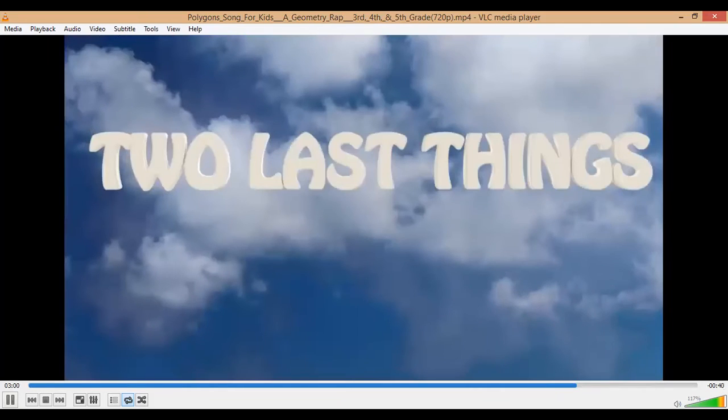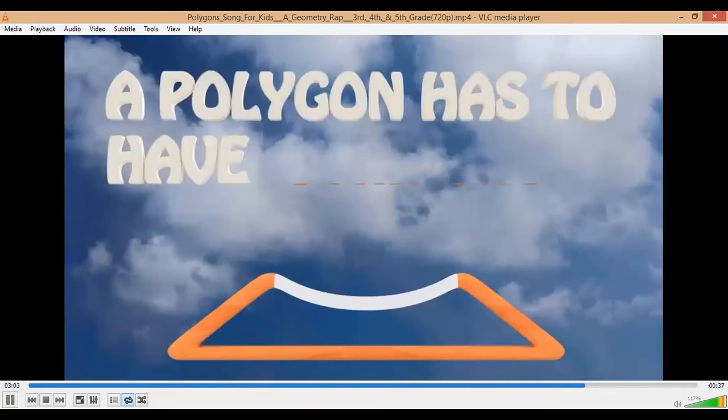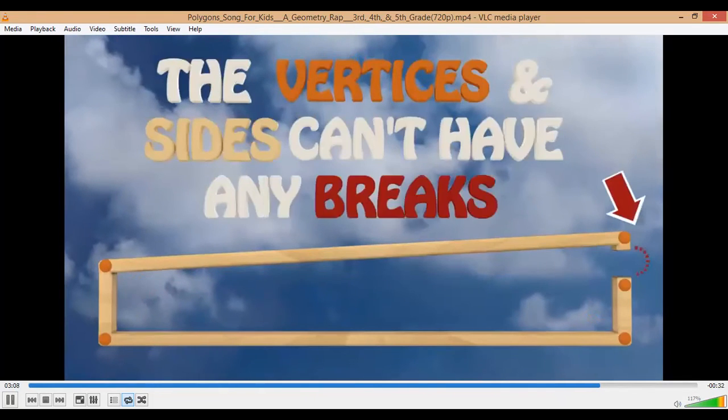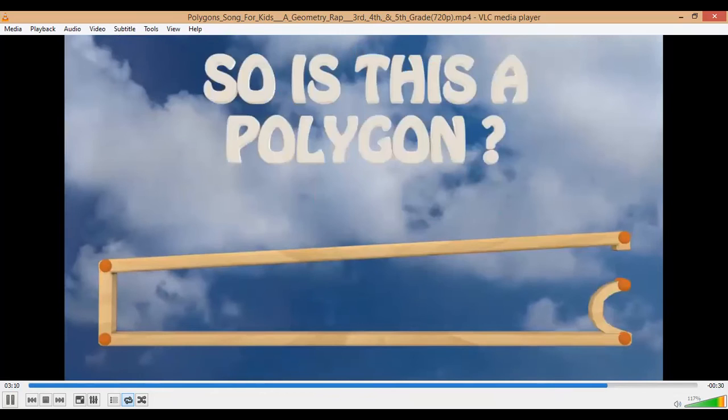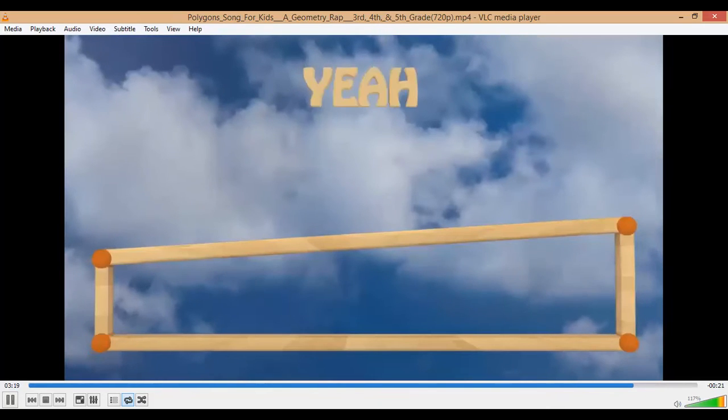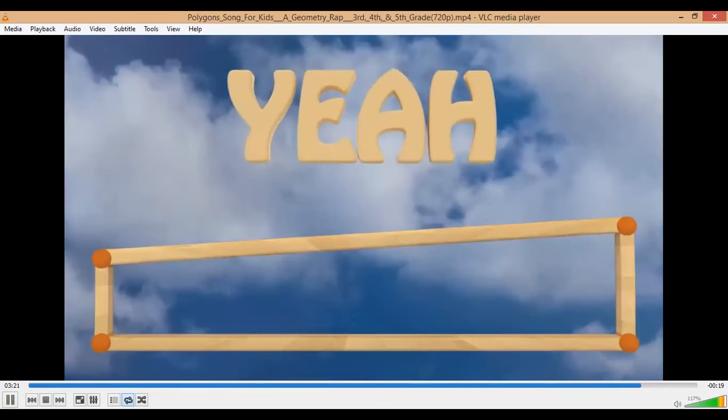A polygon has to have straight sides, you know, and a polygon has to be a shape. The vertices and sides can't have any breaks. So is this a polygon? No. But is this a polygon? yeah. Visit